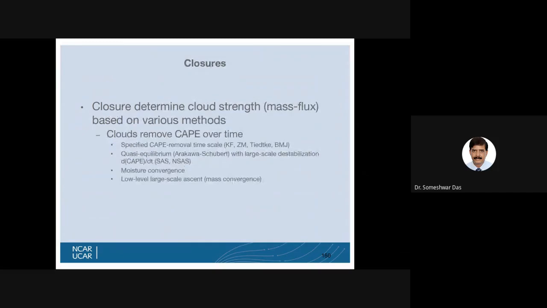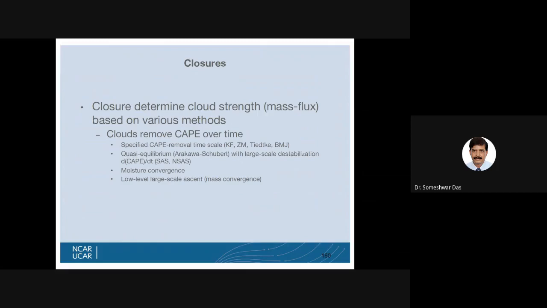The closure of the scheme. The closure determines cloud strength, mass flux, based on various methods. The clouds remove the CAPE over time. We have discussed this earlier in the cumulus parameterization theory part. The clouds destroy the CAPE. The large-scale convective and radiative processes generate the CAPE, and through that clouds are formed.